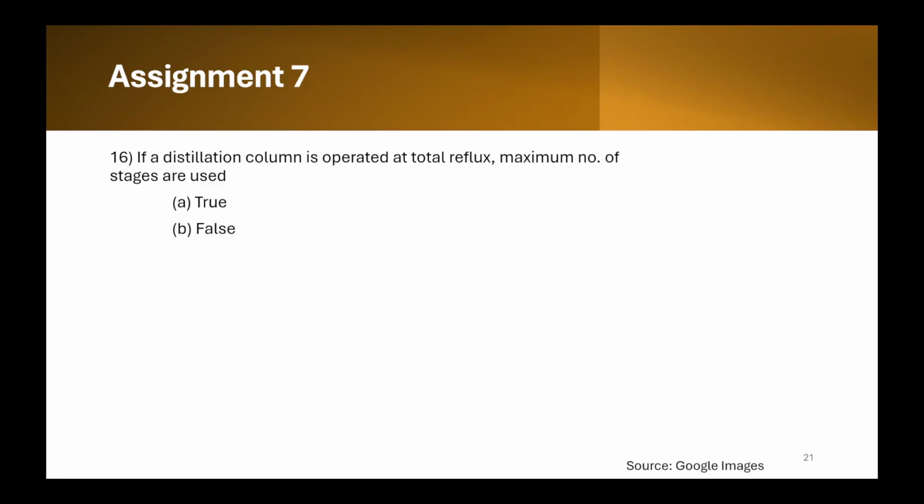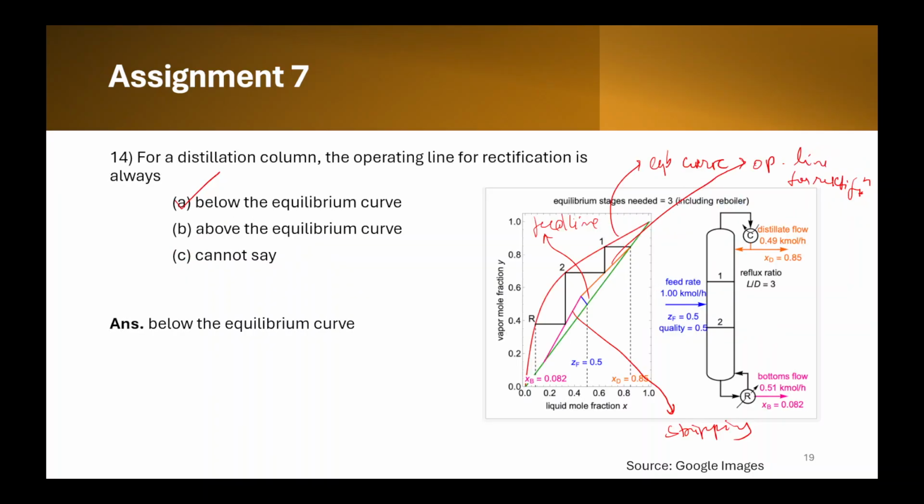Next question. If a distillation column is operated at total reflux, maximum number of stages are used. So we go back to this diagram here. If the total reflux is being used, this operating line of the rectification basically changes. So the slope actually becomes equal to this xy line. This xy line is at 45 degrees. So basically what you get is, suppose this is the equilibrium curve,